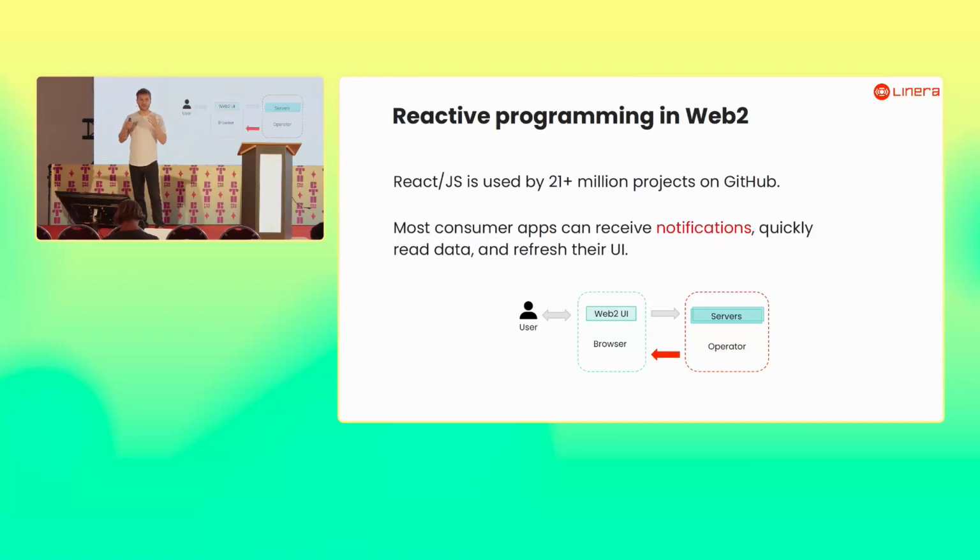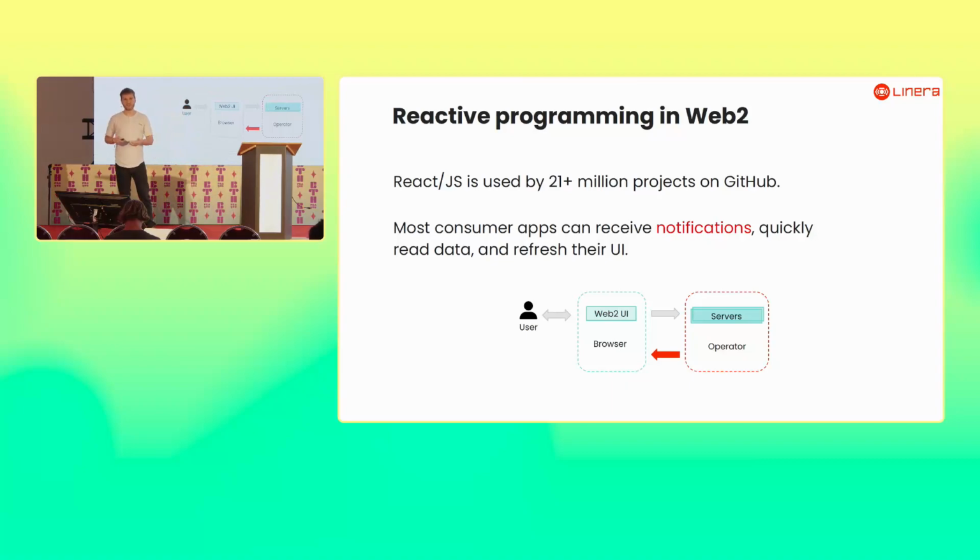And concretely, what does it mean? It means that you have a web UI that maintains a connection with the servers and is ready to receive notifications. When there's a notification, you want to be able to pull the updates from the server, process them, and refresh the UI. And the quicker, the better the experience for the users. You may be interacting with other users, you may be playing a game, you want things to be fluid, you want users to never wait on the interface.